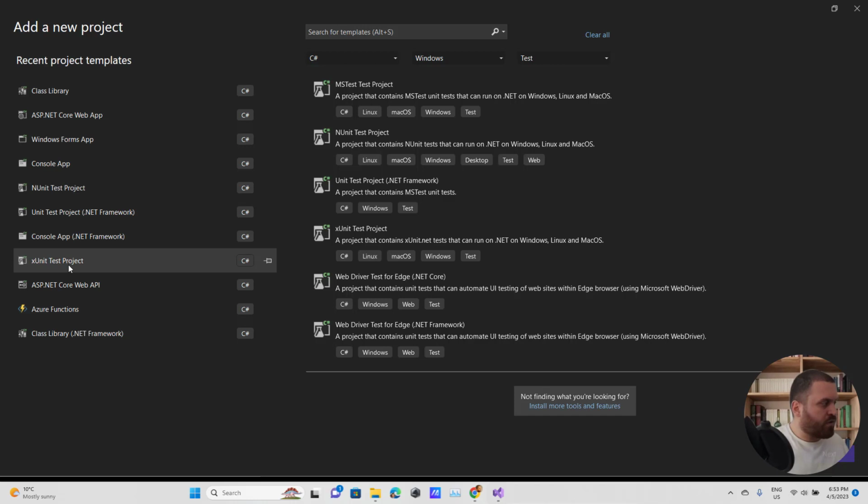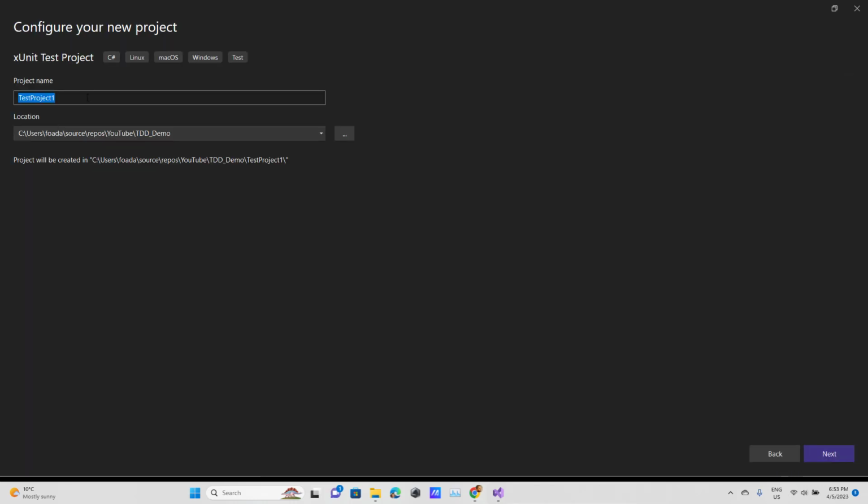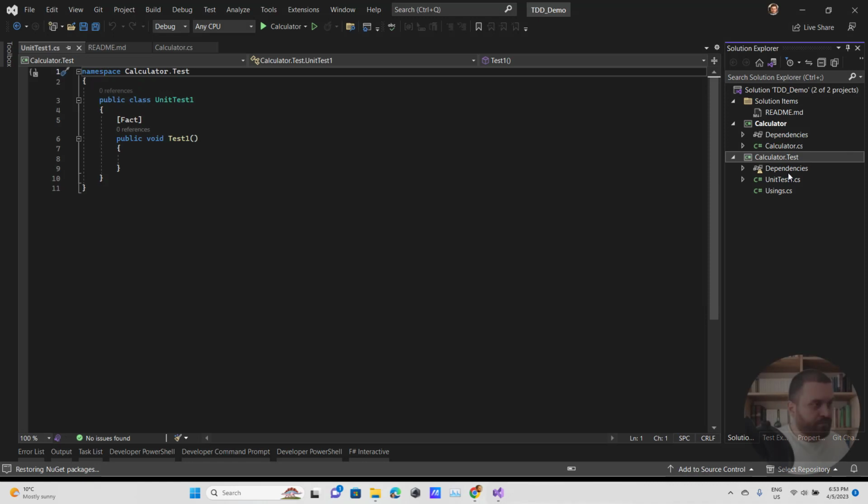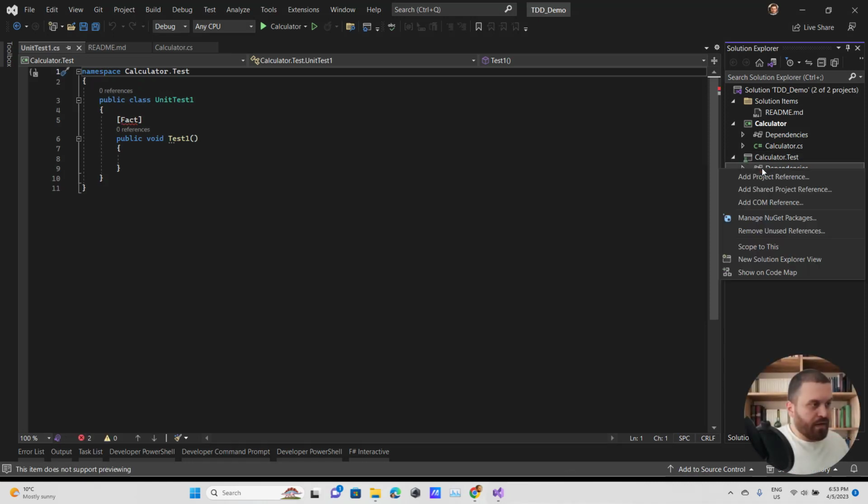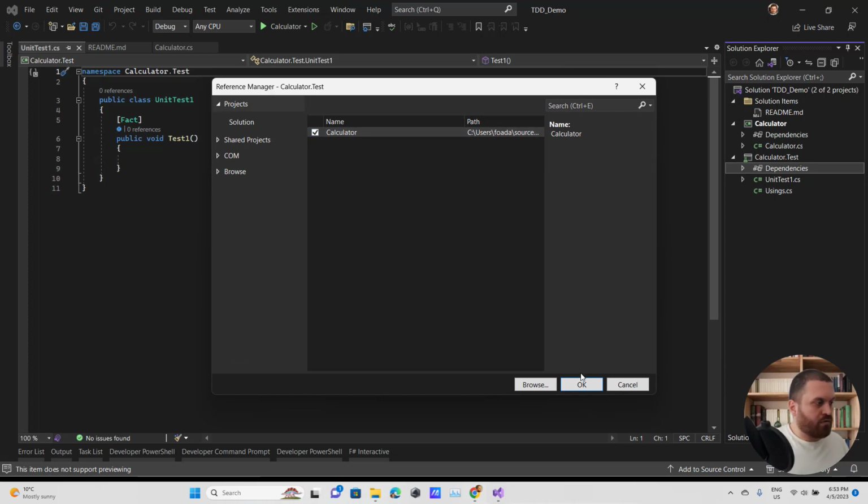I really like to use the xUnit project. I'm going to call it Calculator.Test. And now I'm going to add the Calculator project to this one.